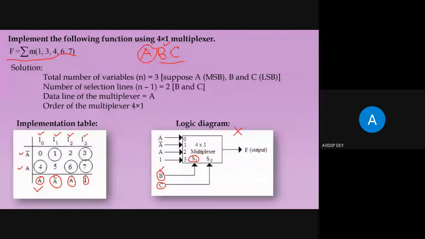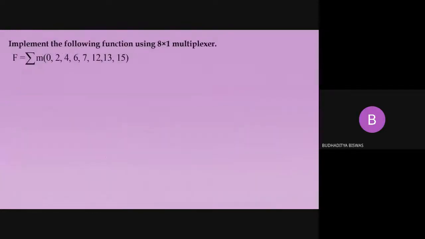Okay, now do the next one, and in this one I'm able to show this in the circuit maker because we have already designed it. Implement the following function using an 8x1 multiplexer. Now if the 8x1 multiplexer is not given in the question, or if it is a suitable multiplexer, then how do we find out the order of the multiplexer?